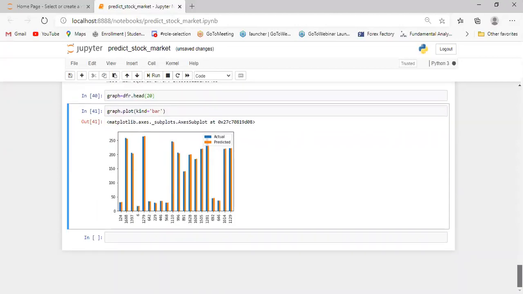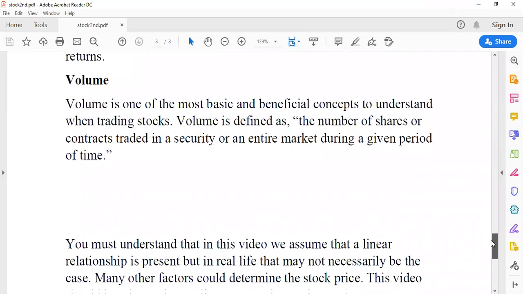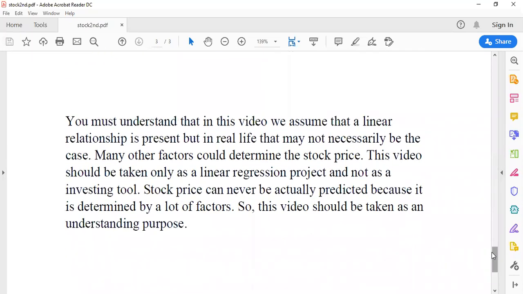It is very easy for all of you to understand how to predict the future price of the market. Nowadays it is very important to know how to predict the stock market price. Just a second, I will explain another thing. I will tell about what the closing price is and what the volume is exactly. You must understand that in this video we use linear regression, assuming a relationship between the present and the real life,